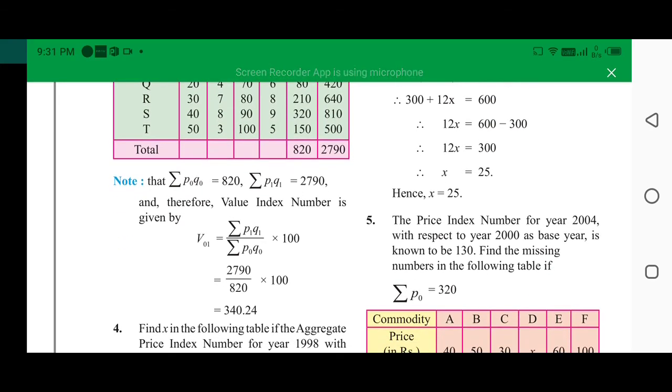So we can apply the formula of the value based index number, that is V naught 1 is equal to sigma P1 Q1 upon sigma P naught Q naught into